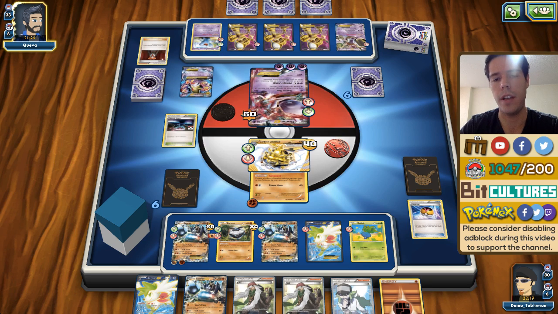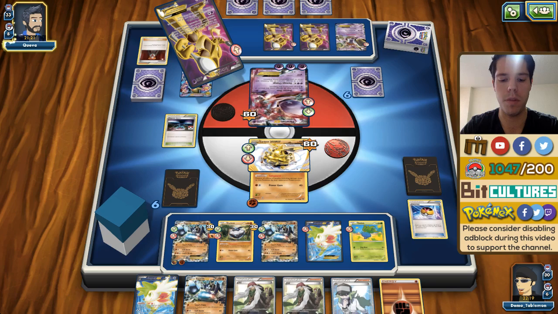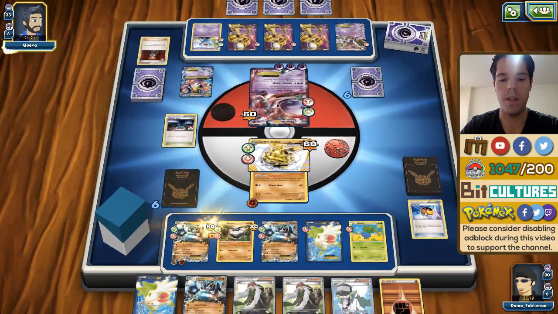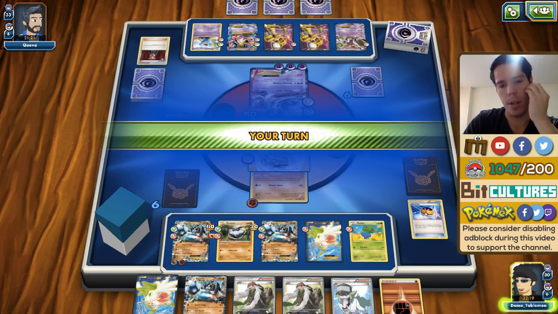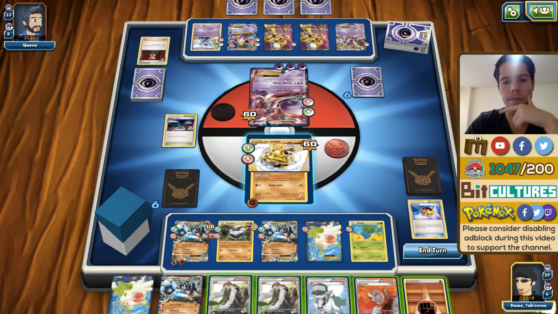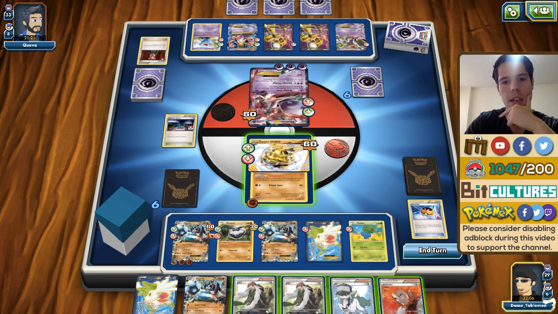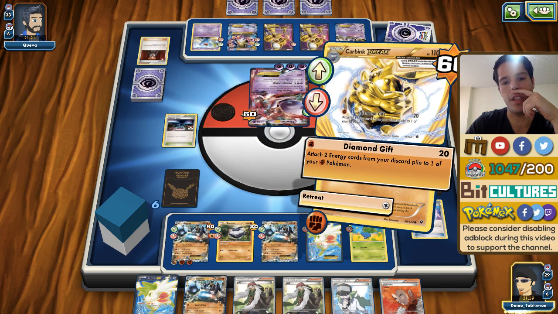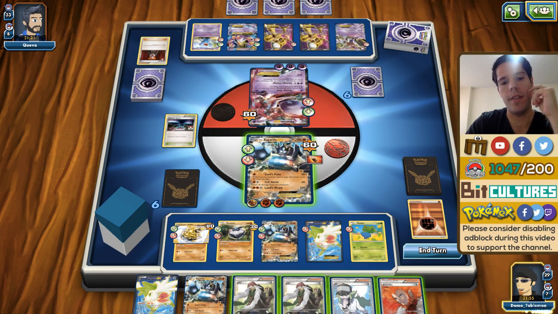Yeah, he's gonna Mega Evolve into Alakazam and play more damage counters. Perfectly fine with that. Okay. So he passes, and now we get to attach an energy, and well, if he plays a Stadium, he will 1-hit KO my Zygarde, but then I can simply retreat and power up another one and still have the protection